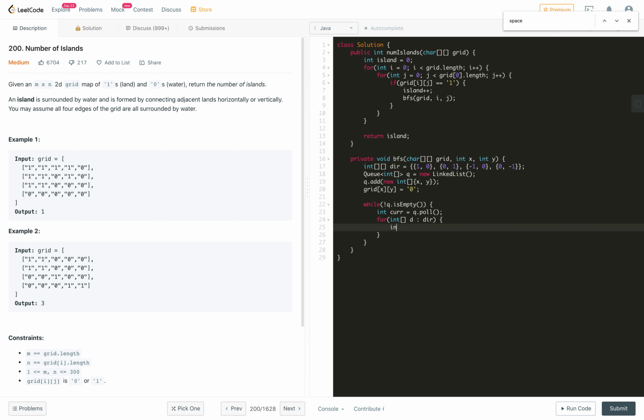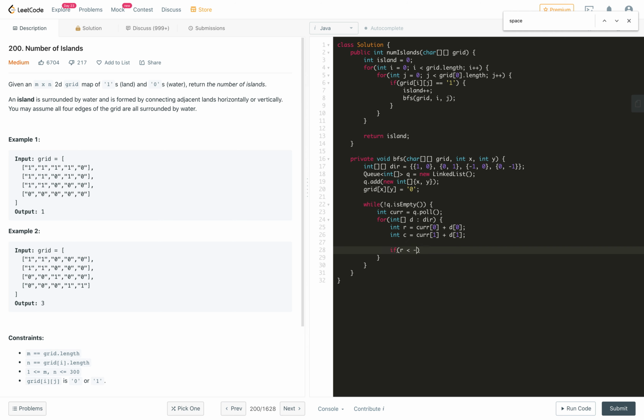So here we will get the updated r, which will be cur of 0 plus d of 0, and the updated c, the column coordinate, is cur of 1 plus d of 1. So this is the 4 directions we will be using with the help of a for loop. Now we will check the if condition.